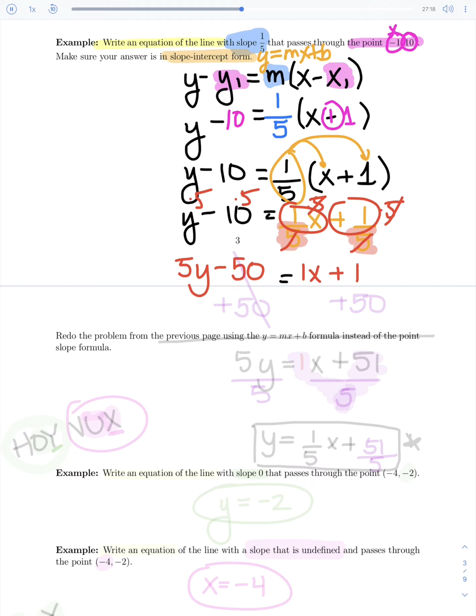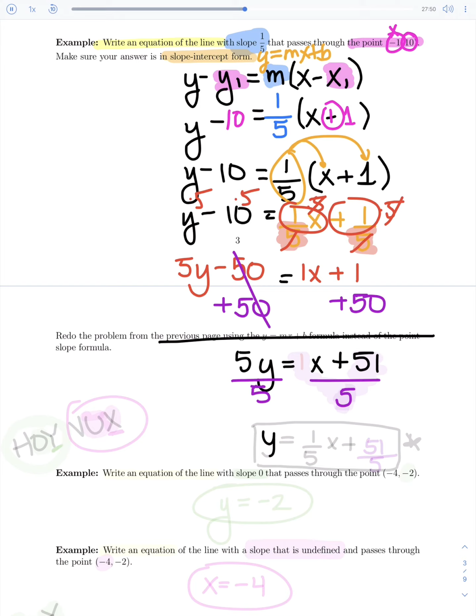So the next thing you would do is keep going, solving for y. We would add 50 to both sides to get the y by itself. And let's see what that would do for us. That would get us 5y equals x plus, well, the 1 plus 50 will get us 51. Last thing that we could do is divide both sides by 5,